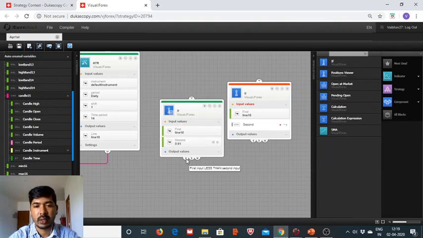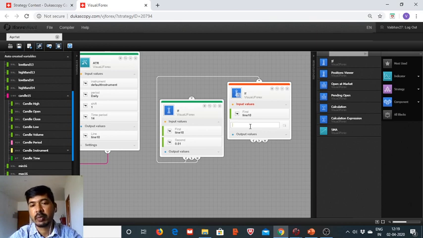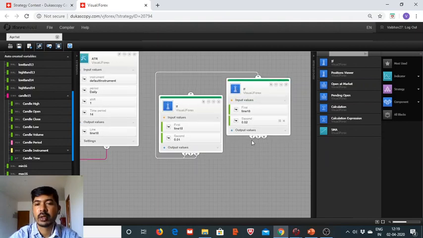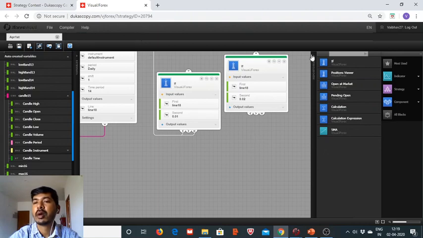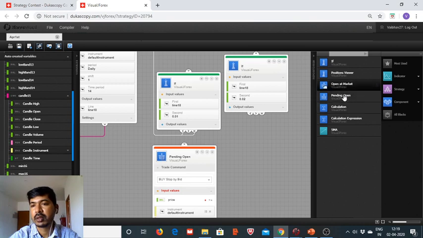If it is less than or equals to 100 pips, and here we put a cap of 200 pips, and if the ATR is running above that, no trades will be executed. So this is 0.02, and we need to take in two pending opens,